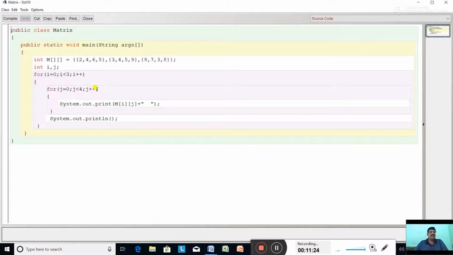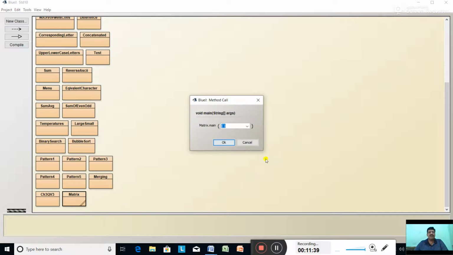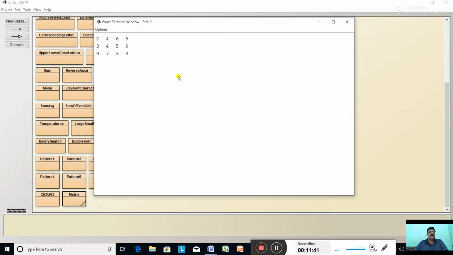For j equal to 0, j less than 4, j plus plus, system out print m[i][j], and for changing the line, system out println. Compile the program. No syntax error. Close. Right click. Void main. OK. And here the output comes in the matrix format: 2465, 3459 and 9738.